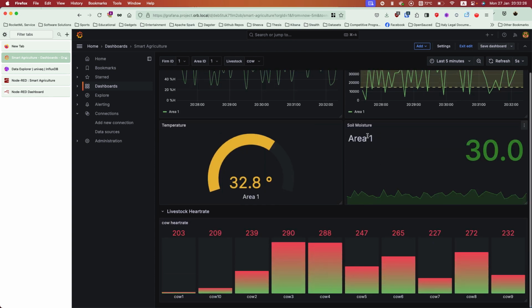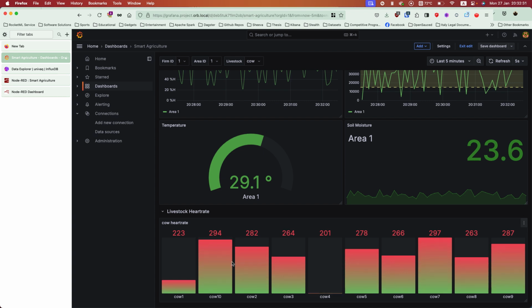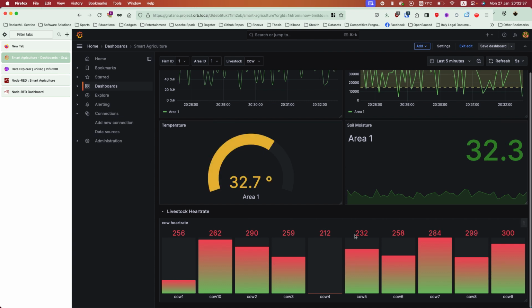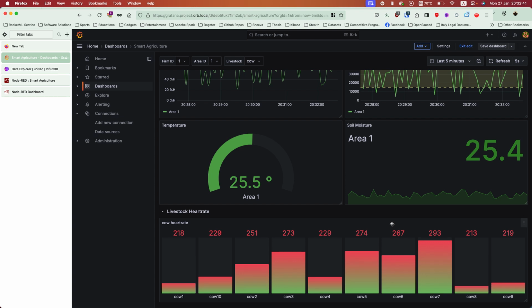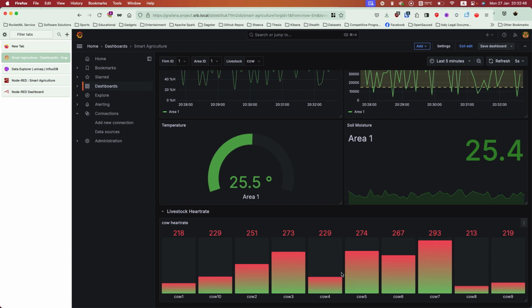Same for this soil moisture thing, and here is our livestock heart rate. So we could have shown these things with a couple of things, but I think it's better to show it like this so that you can allocate more space for the user. So yeah,